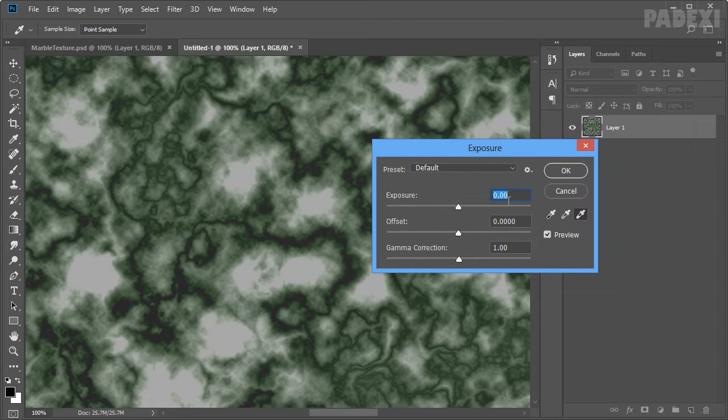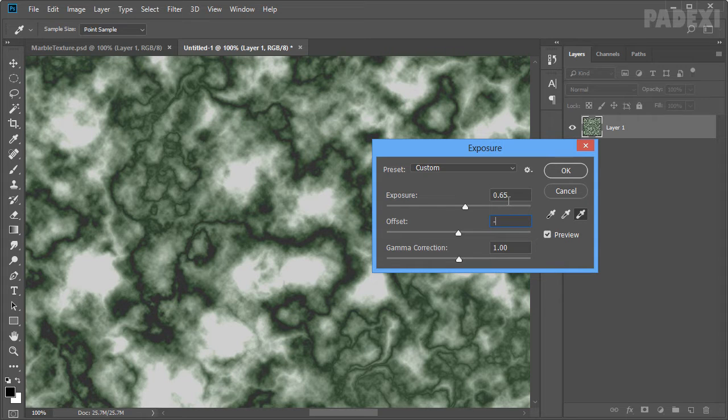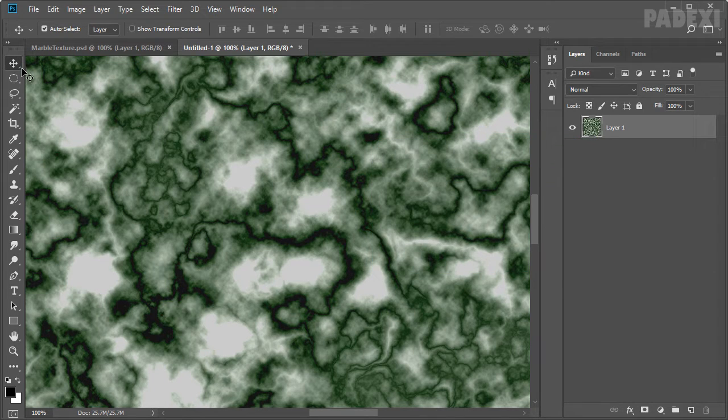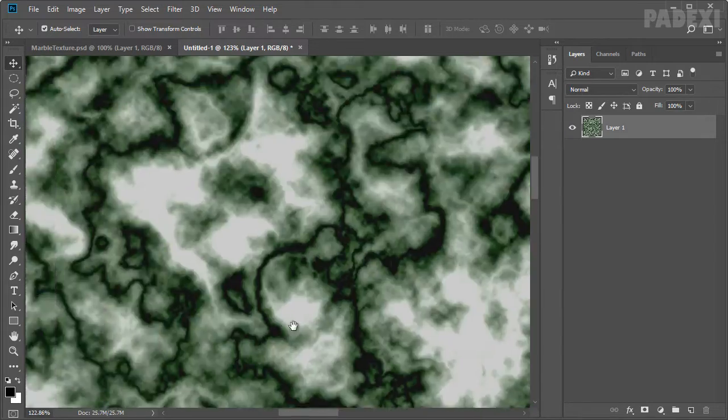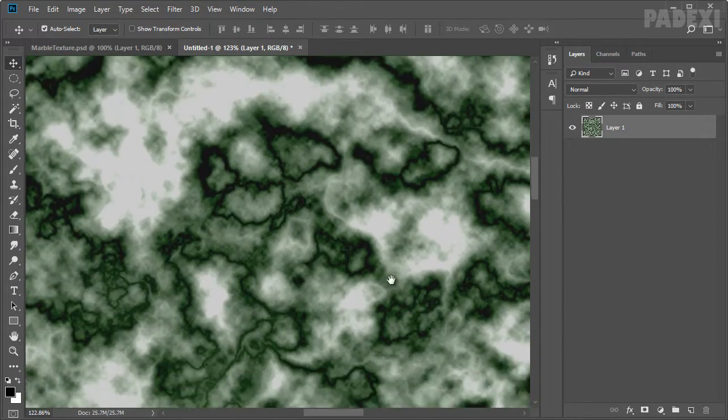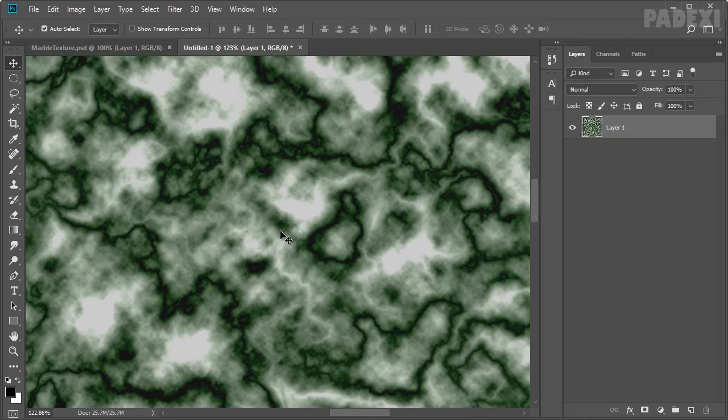For exposure use a value of 0.65 and for offset minus 0.0244. Click OK. Alright, so this is the marble texture we created using filters.